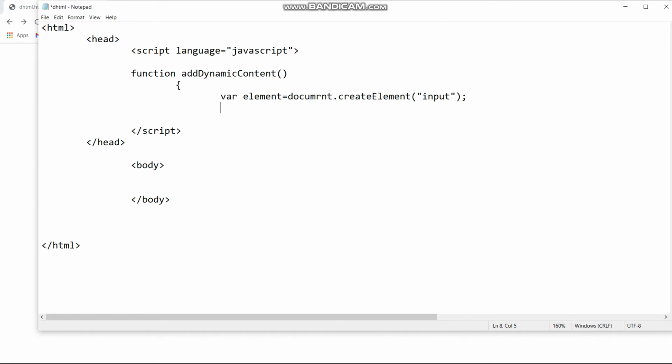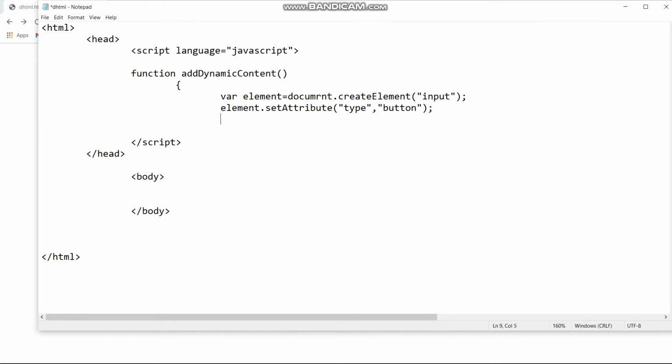Now element dot setAttribute. So we need to have some attributes of this element. First we need the type. Inside we will write button. This is how we are going to write this attribute inside the function itself.